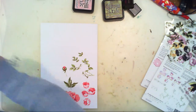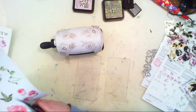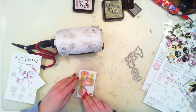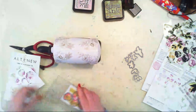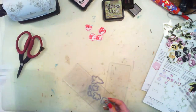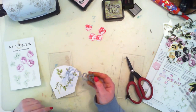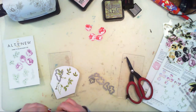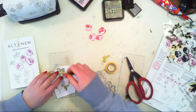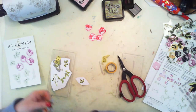And here are my finished stamps. Finished projects after stamping, and I have a very handy sweet rose bouquet die for my sweet rose stamps, and I will use them to cut them using this really cute and very handy little die cutting machine from Altenew. And I must be honest with you, I wouldn't buy it because I have a big shot, so I thought that buying the second machine that does the same as my big shot would be a waste of money. But then I got it from Altenew, and I am in love with it, and now